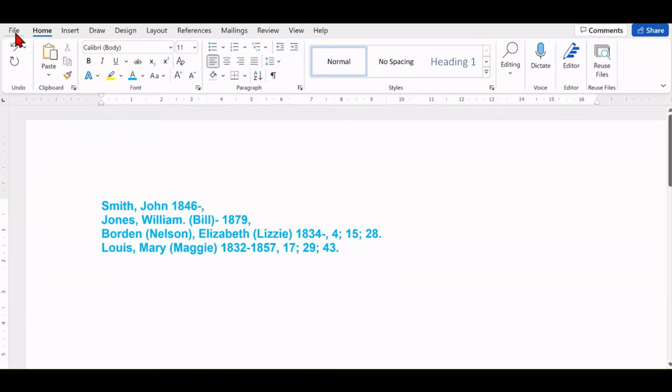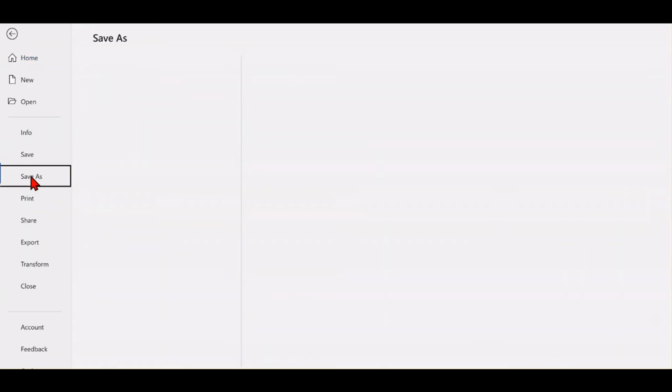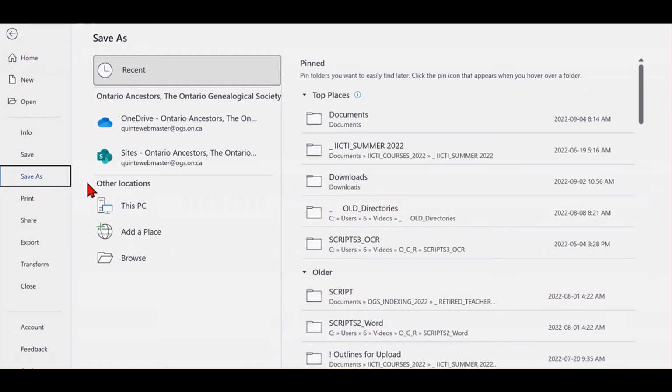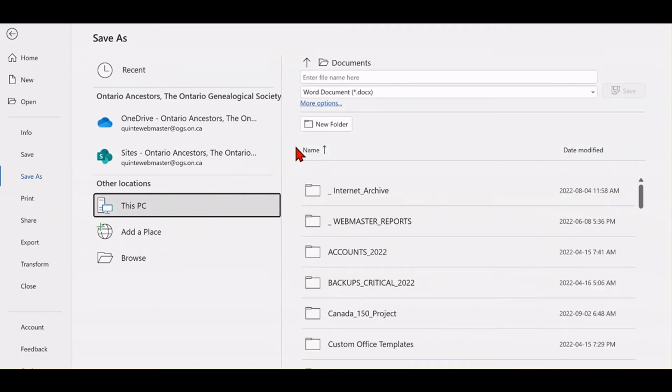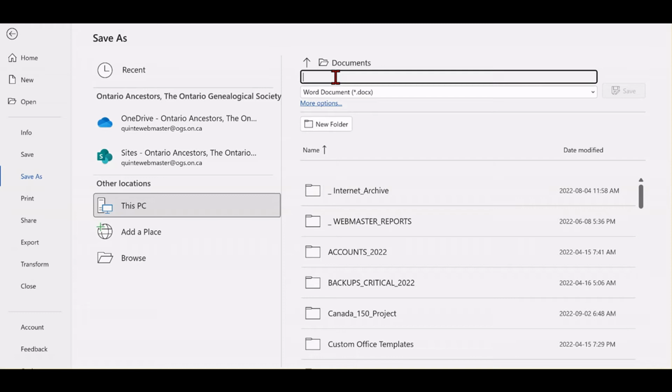Click File, Save As, to the PC, Documents folder. We'll call our plain text document Word Dictate